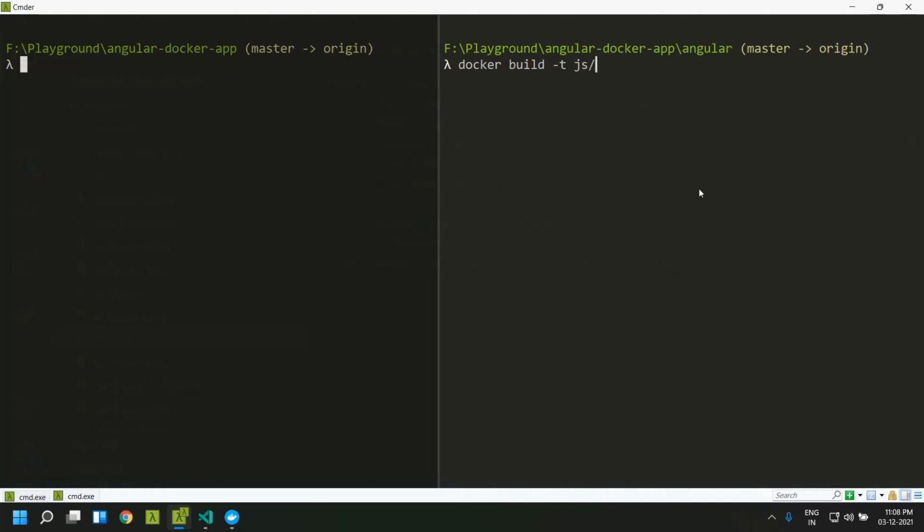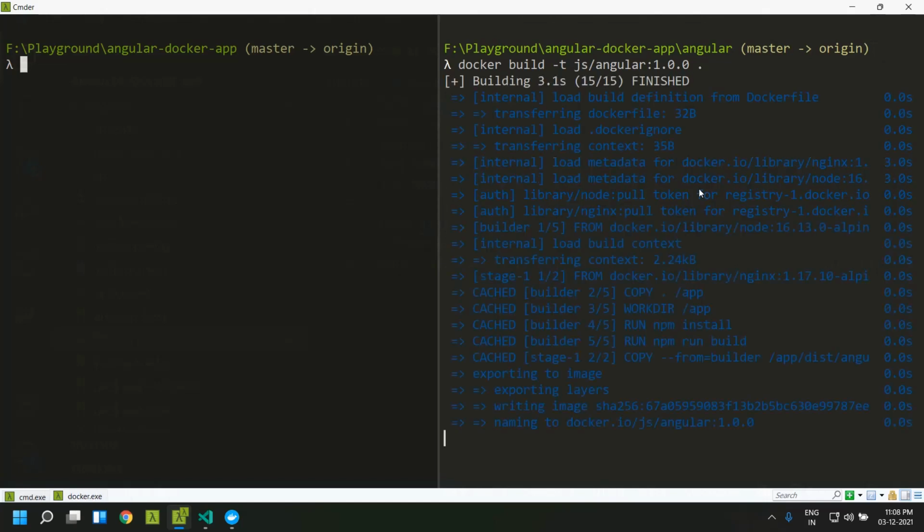I am giving the organization name, then a slash, and the name I am giving as Angular, and here I can give the version. That will be the tag. I am naming it as 1.0.0, and here I am giving the location of the Docker file. Since it is in the current directory, I am giving it as a dot.